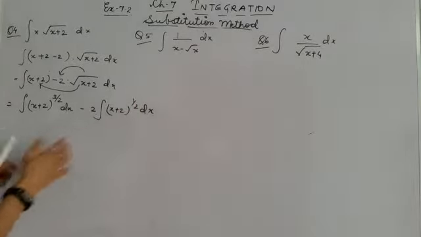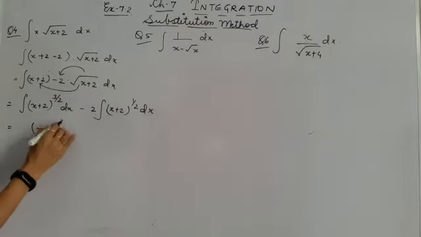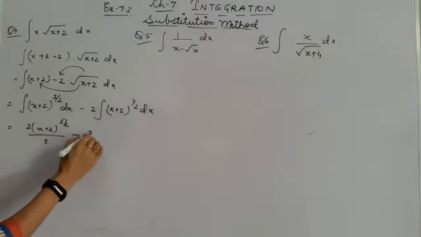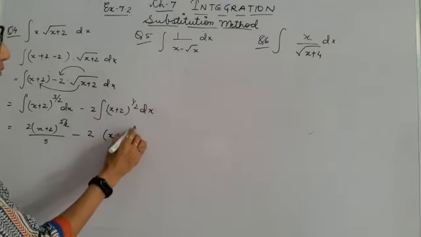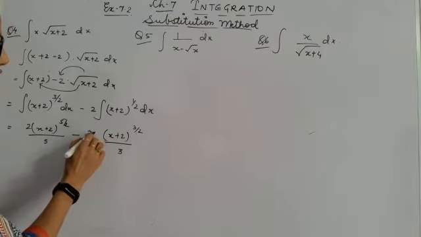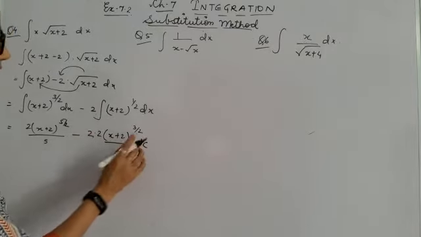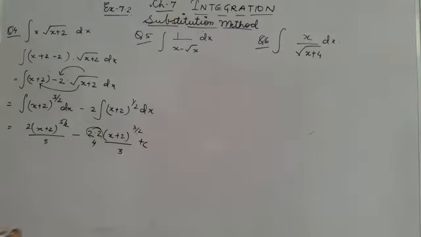Now this has come into a direct formula based question. So I can write it as integration of x raised to power n, which will be x plus 2 raised to power 5 by 2 whole upon 5 by 2. So I am writing it here. Minus 2 times, plus 1 will make it x plus 2 raised to power 3 by 2. I will be writing it as 3 by 2, that means into 2, plus c. So this will be the answer. 2 into 2 you can write as 4. Okay.